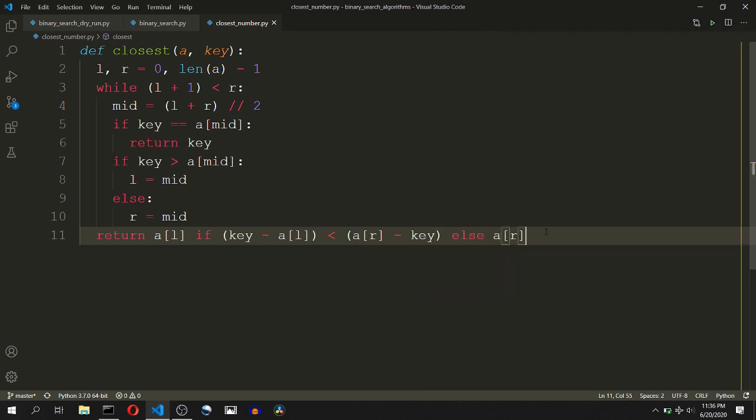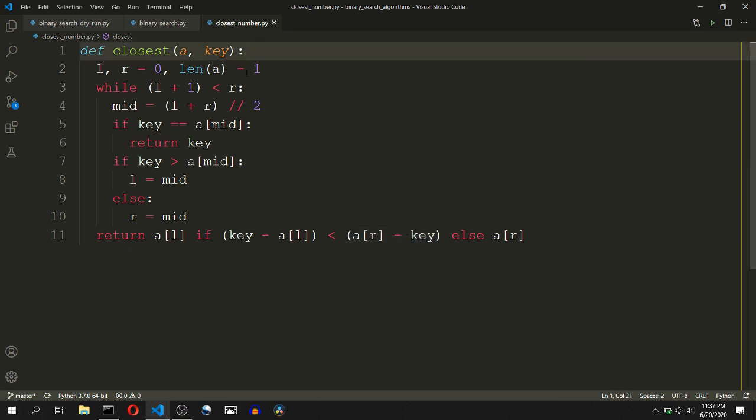Now, what will happen if the key is equally close to both? That is, the absolute differences become equal. As an interview tip, you should clarify these types of questions regarding the boundary cases, like an empty array that we just saw, or special cases like equal absolute differences like this.